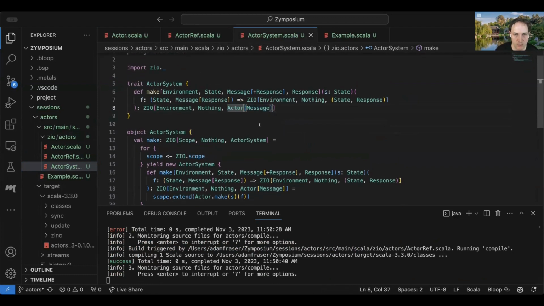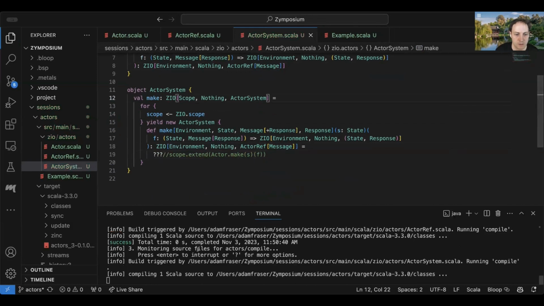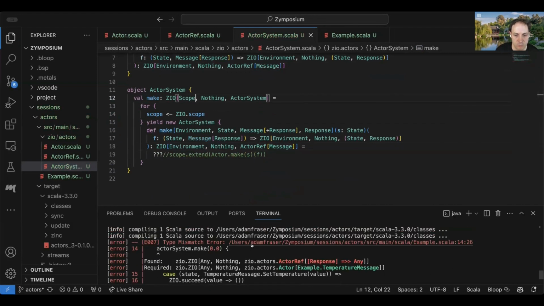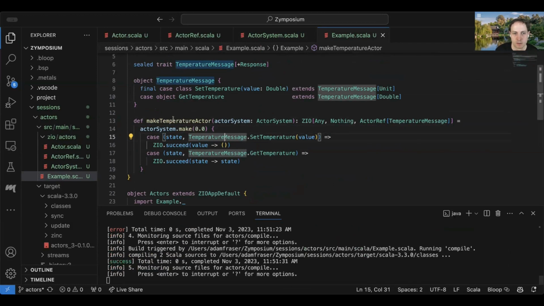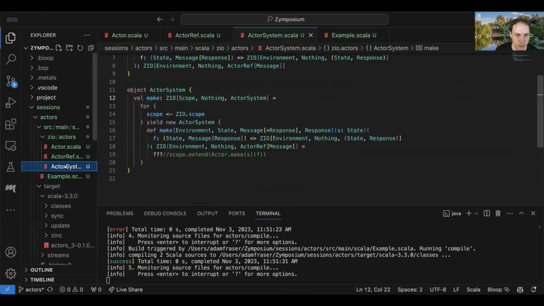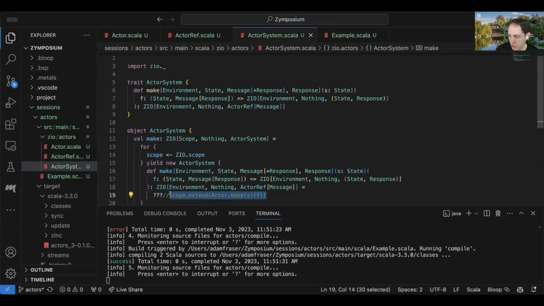So that means that this thing is going to be an actor ref. And that also means that this thing is going to be an actor ref. And that means that this thing is not going to compile, because this is an actor versus an actor ref. And then that also means this thing is going to be an actor ref, which is fine. So that actually leaves most of our code unchanged. Basically, we just need to fix this implementation here. And so I think, okay,